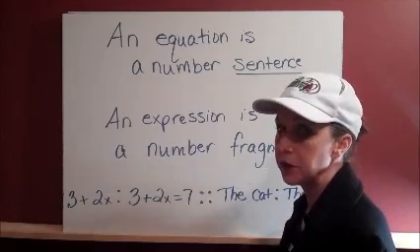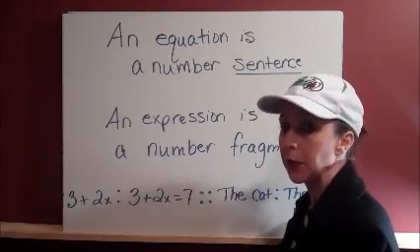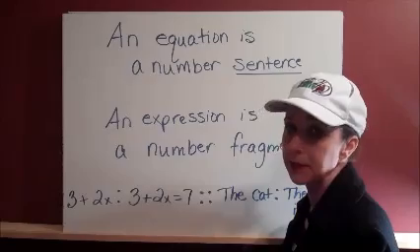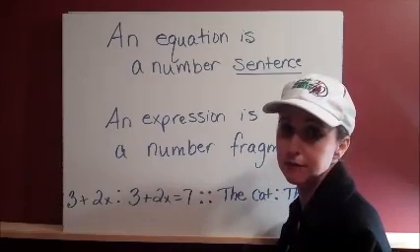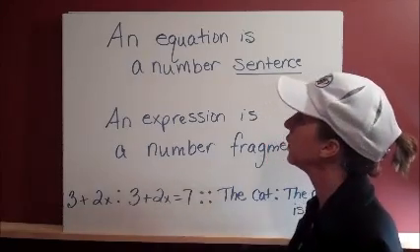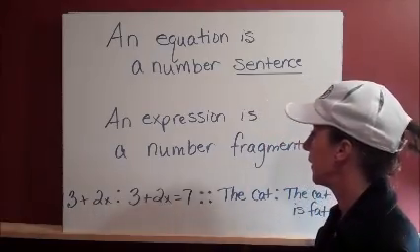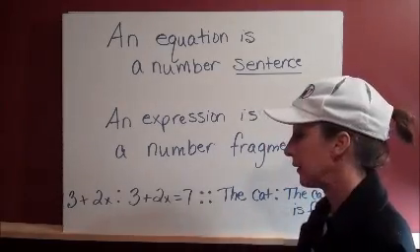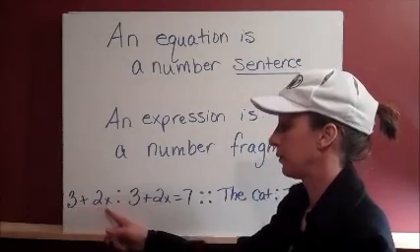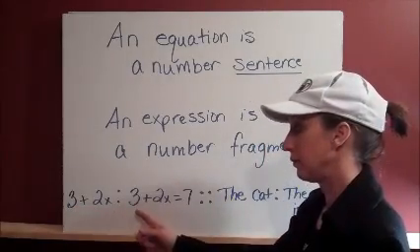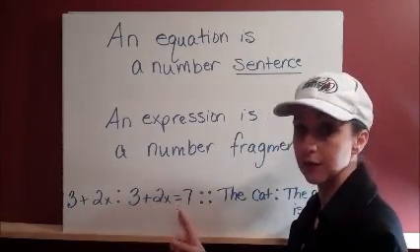Video, we finished the analogy. Expression is to blank as fragment is to sentence. Hopefully with the work that we've done, you see that an equation is a number sentence and an expression is a number fragment. This analogy, 3 plus 2x is to 3 plus 2x equals 7,